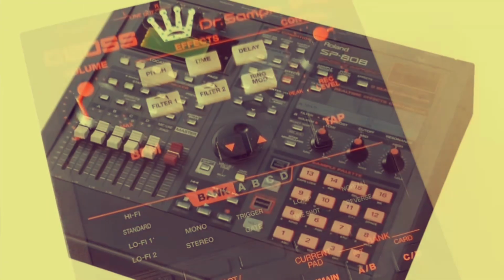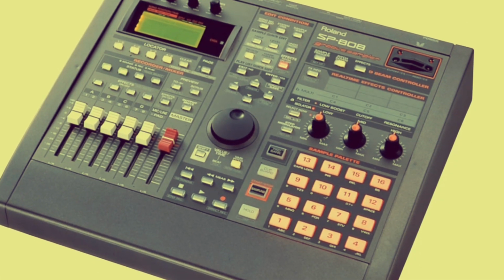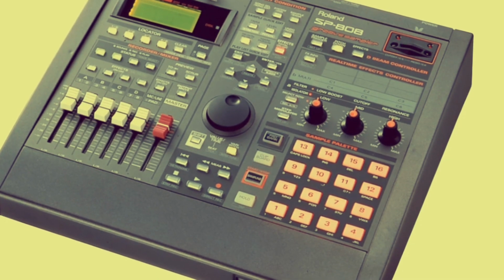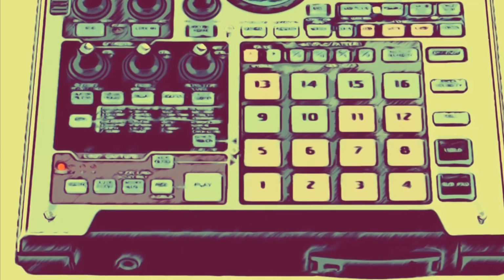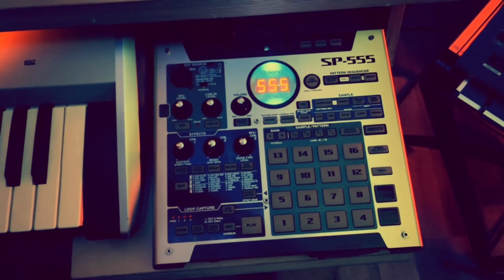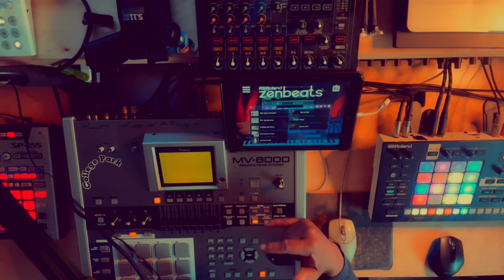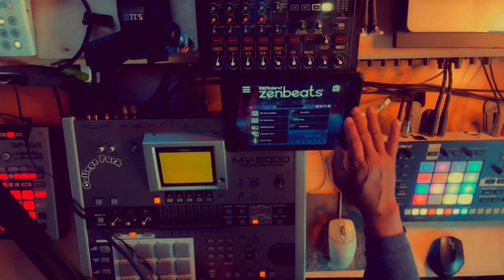So performance-wise, it really wasn't as fun as the 404, and it wasn't battery operated either, so it wasn't as portable. The fun factor was kind of gone, even though you can perform on it, but you got to bounce between banks. But other than that, it was pretty much an upgrade, but it just kind of went under the radar, excuse me. So I wanted to get that out before I played these two videos that I'm reacting to,